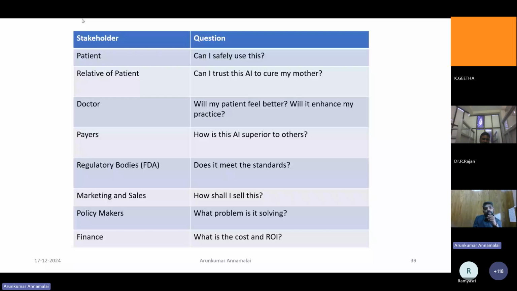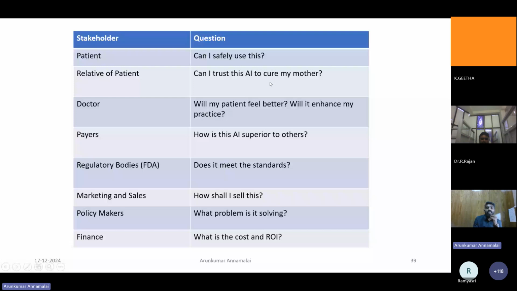Second thing, the relative of the patient will ask, can I trust this AI to cure my mother? Like the caregivers, most of the cases, it's a caregiver who pays. The caregiver of a patient is who will actually pay for your product. So they will ask, can I trust this AI to cure my mother? And